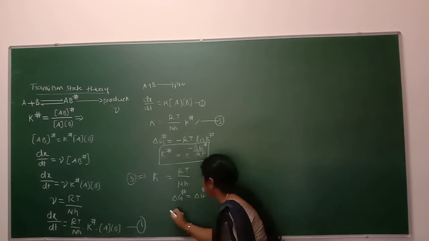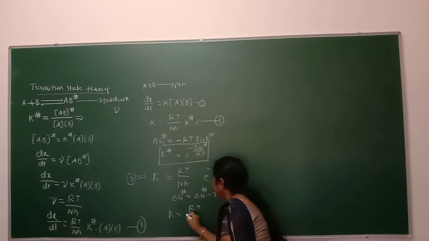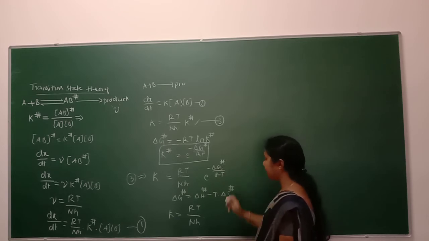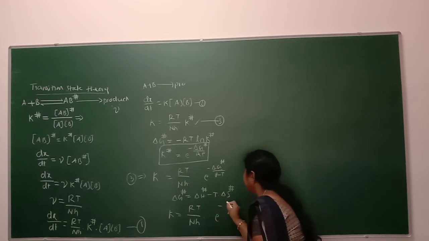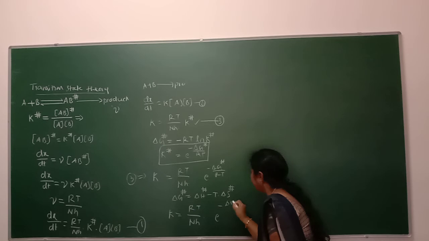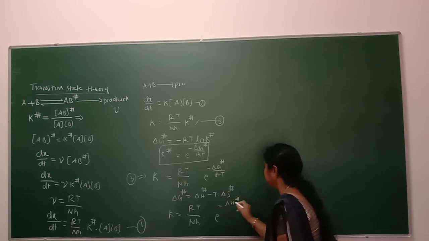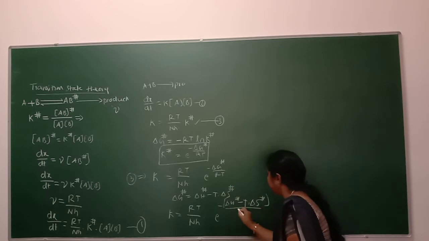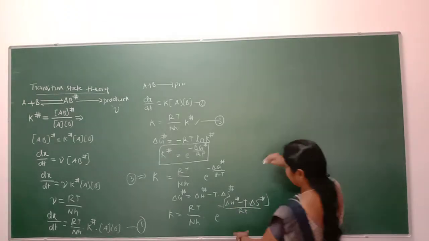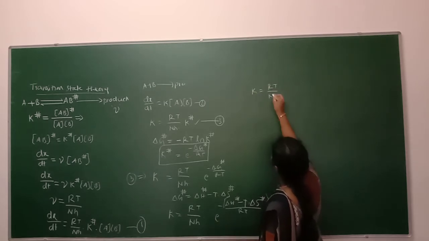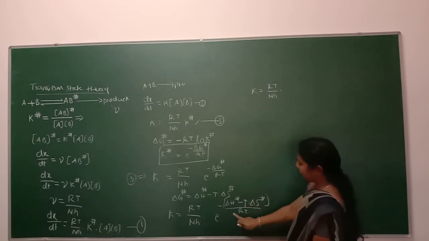Equation number 3 can be written as K is equal to RT by NH into e power minus delta G hash divided by RT, which can be written as e power minus of delta H hash minus T into delta S hash, divided by R. Okay. So on rearrangement, K is equal to RT by NH into, so we will split this one